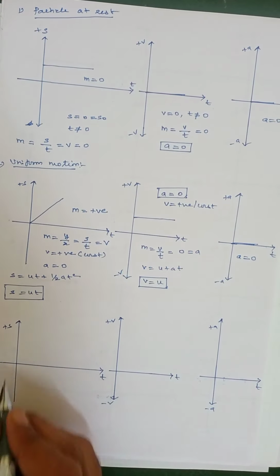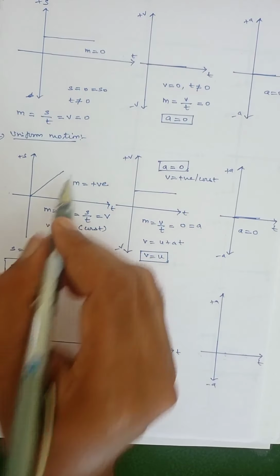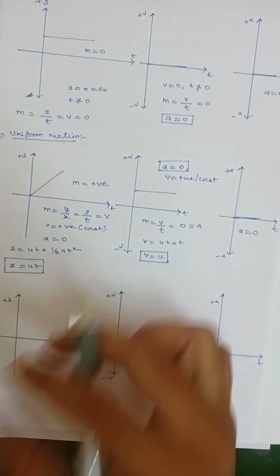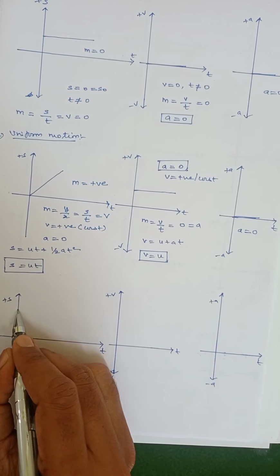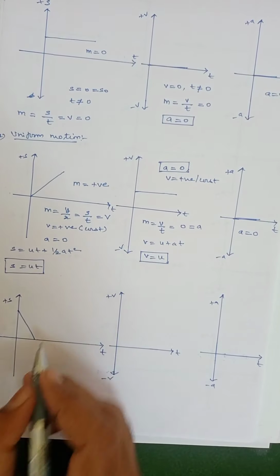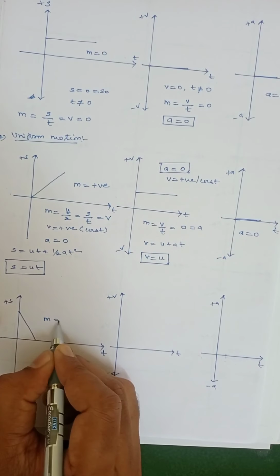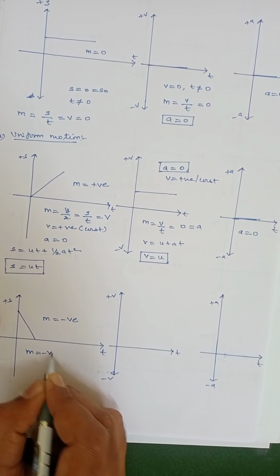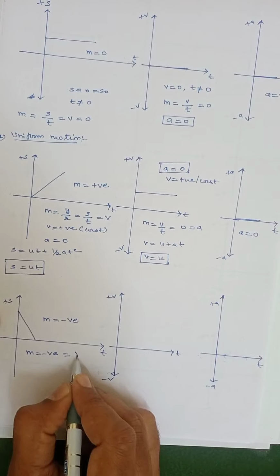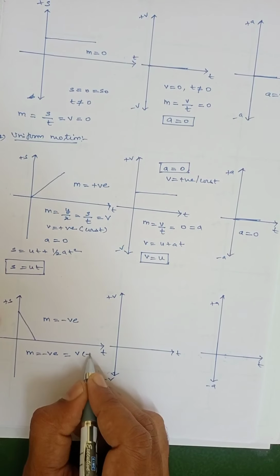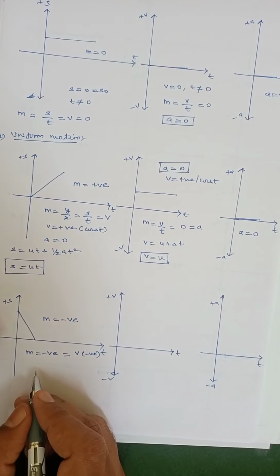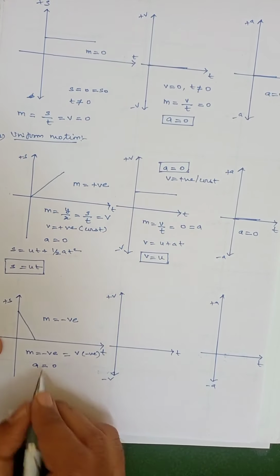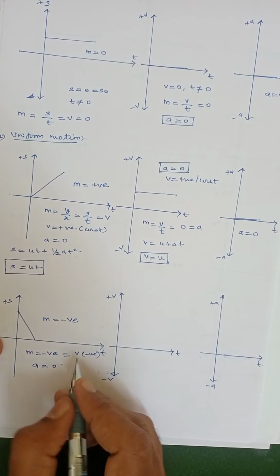Next, here is uniform motion in positive direction. As it is reverse direction, in negative direction, when a particle is like this, movement is like this, here the slope m is equal to negative. So m equal to negative, here v in negative direction, hence a equal to 0, because v is also constant,